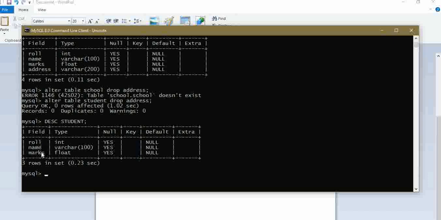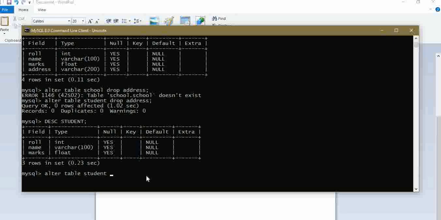Or if you want to change the data type of any column, use modify, meaning alter plus modify command. That is alter table, name of the table is student. Just for example, we are changing the type integer to character of this roll number.